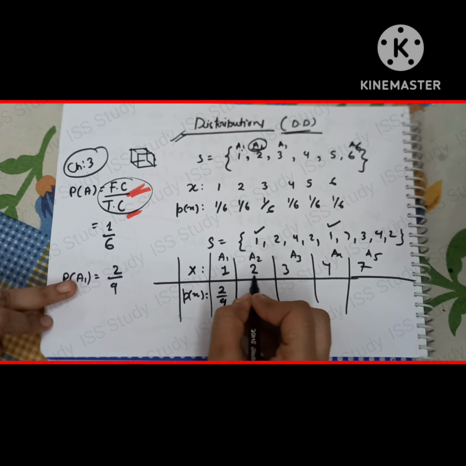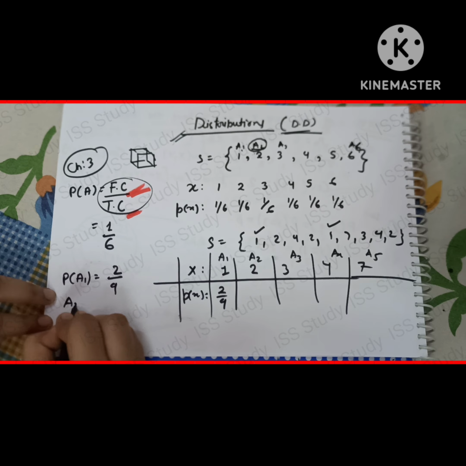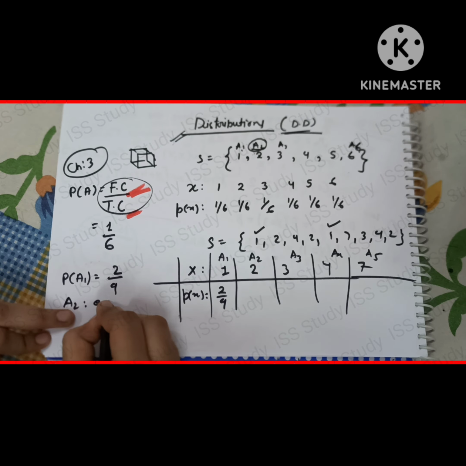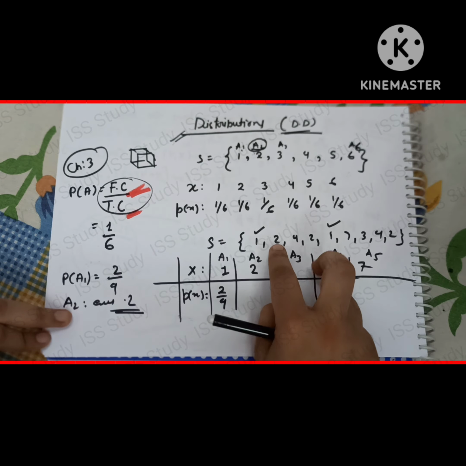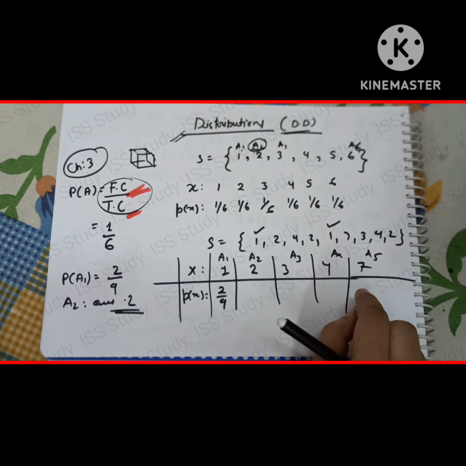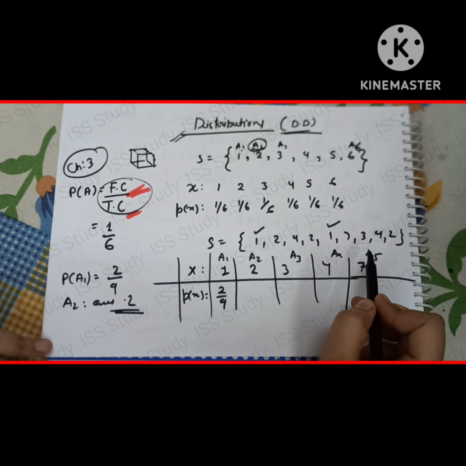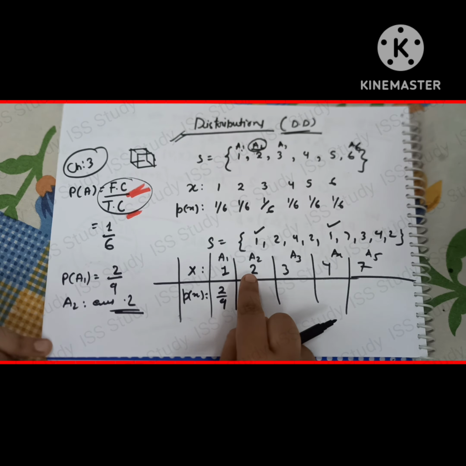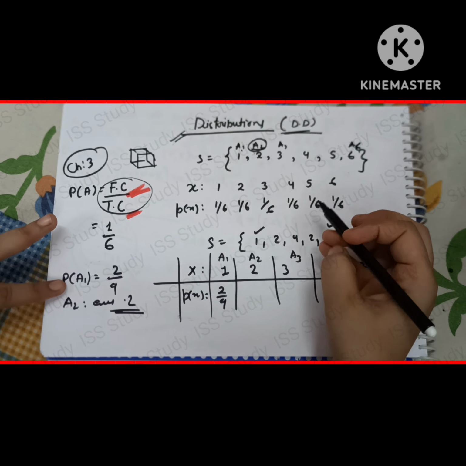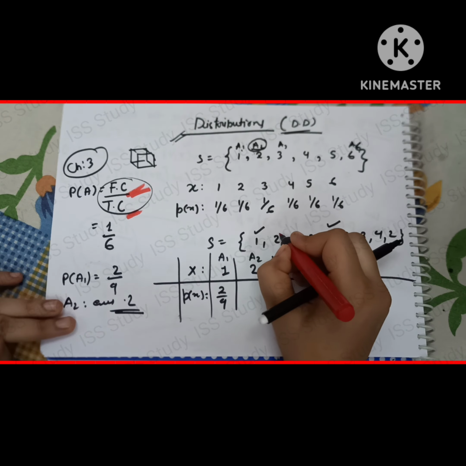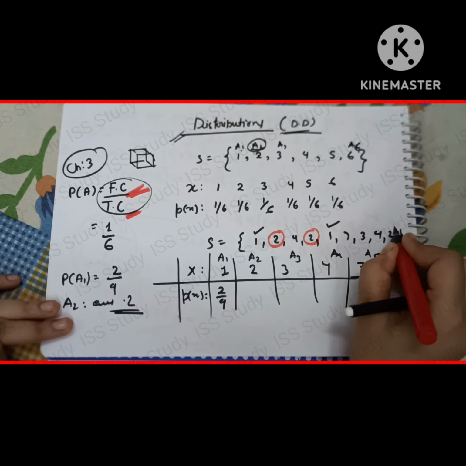Now in the second case, I have given A2, and A2 is the notation representing that the event 2 is happening, right? So how are we going to find the probability? First of all, you have to count the favorable number of cases. Yes, Anat, you are exactly correct. A2 represents the number 2 happening, so count the number of 2s. How many times is 2 happening here in the sample space? 1 time, 2 times and 3 times.